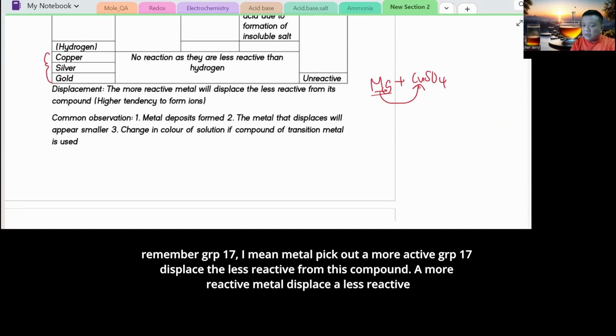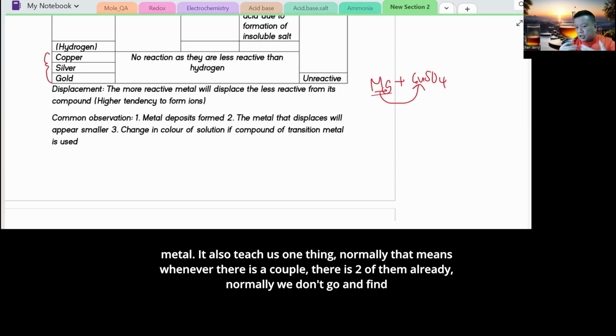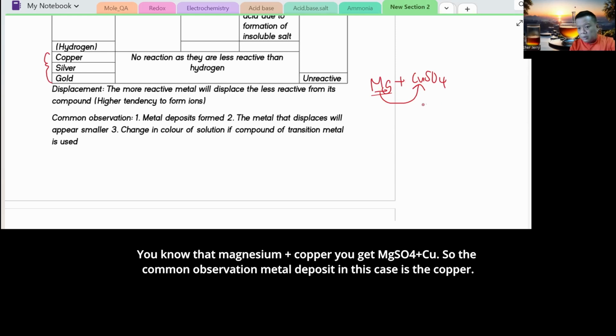Remember, like group 17, a more reactive group 17 displaces a less reactive one from its compound. A more reactive metal displaces a less reactive metal. Right? And you pick up one thing. Normally, when we have a compound, there are two of them already, so we don't go and find an additional problem. It's always the one that's single, the element, that wants to displace, and it can only displace if it's more reactive. You know that magnesium is more reactive than copper, then you will get magnesium sulfate,